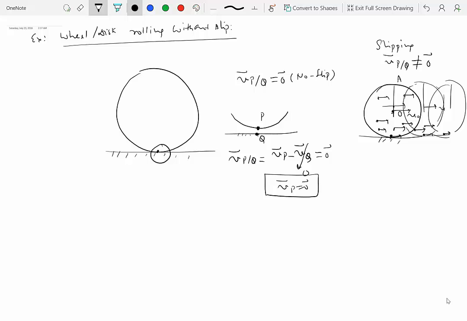Now, that is not to say that the acceleration of that point P is also 0, because this particular point, which has 0 velocity, will go on and move to another location on the disk, and a new point will come in contact with the ground. The original point P will have moved, which means that the acceleration of point P is not necessarily 0, even though its velocity at this particular instant is 0. So the no slip condition says that the contact point will have the same velocity as the surface on which it is rolling. In this case, the surface is stationary, so point P has 0 velocity.